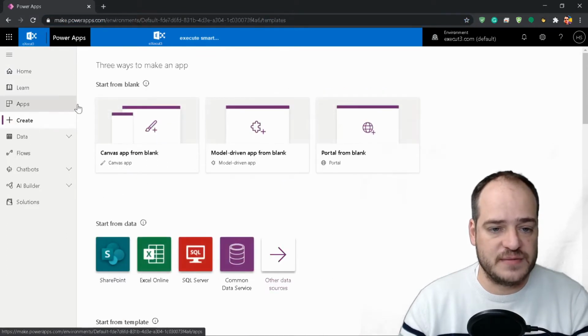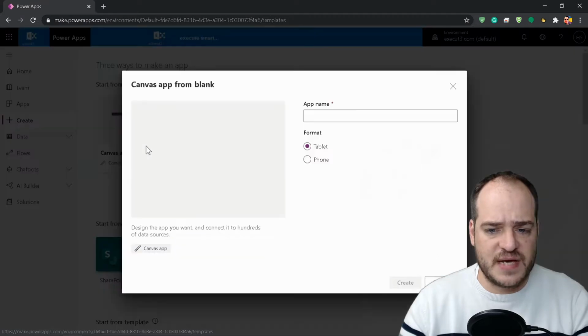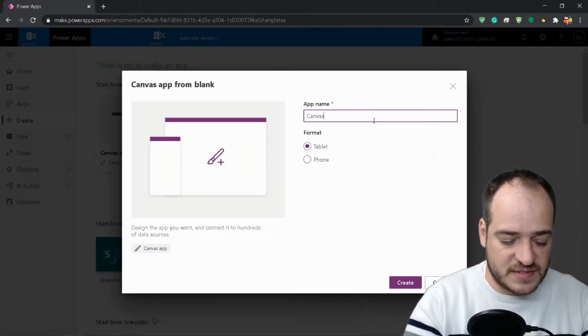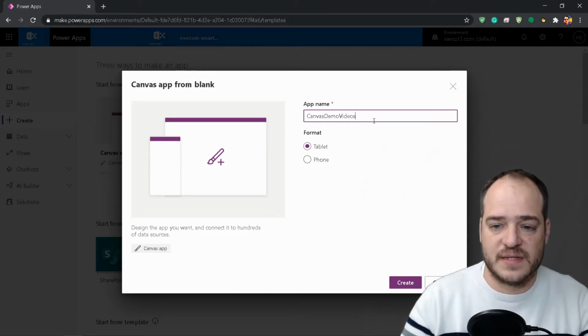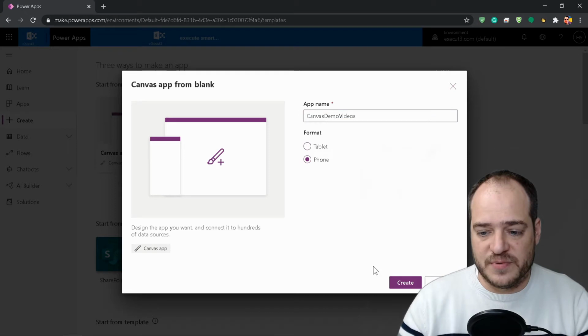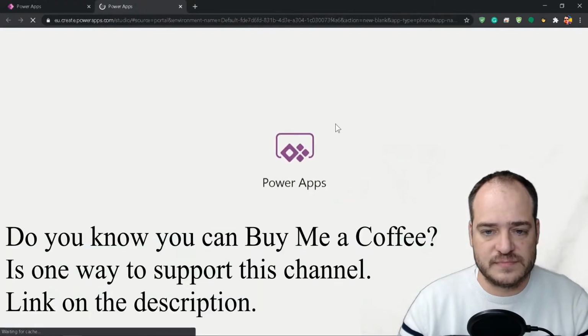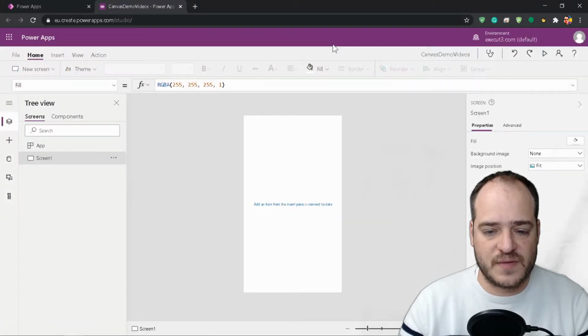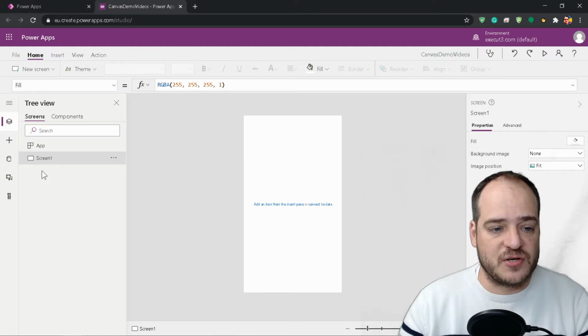Let's go create Canvas app. I'm going to call it Canvas demo videos. It's going to be phone, create. Okay. So now the first thing that I'm going to do is create